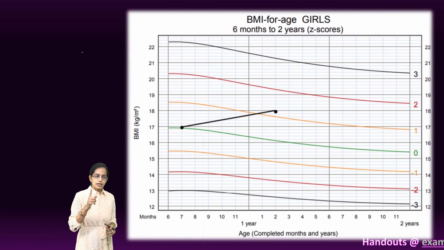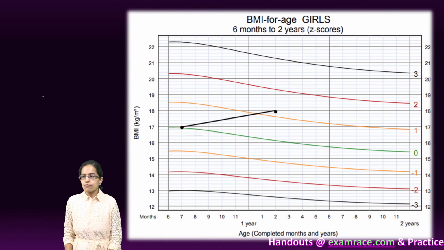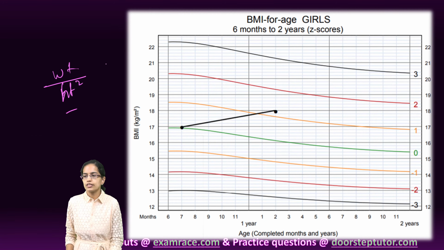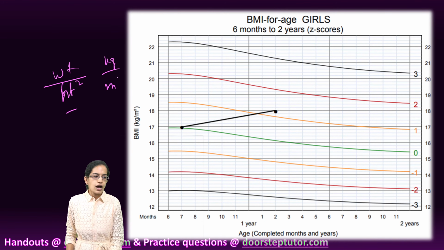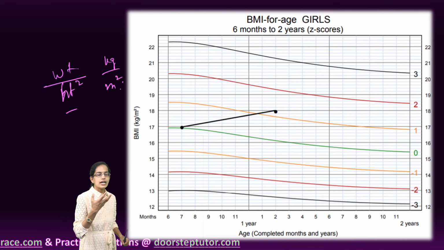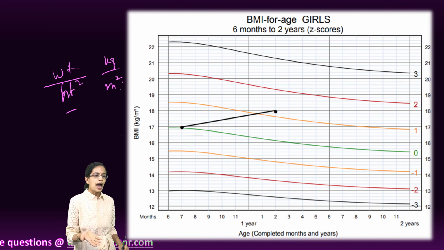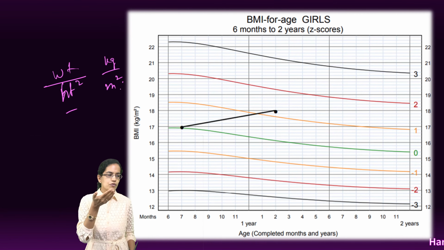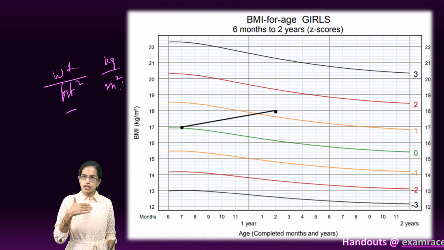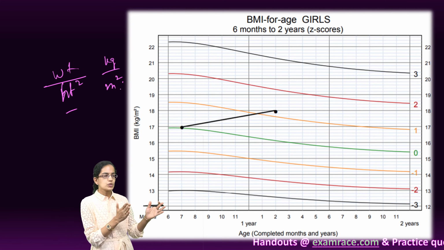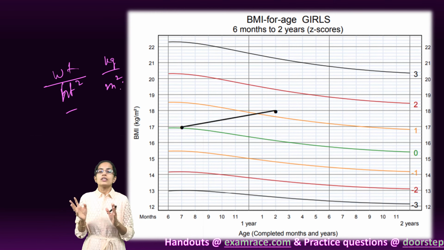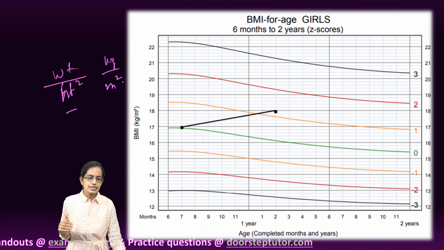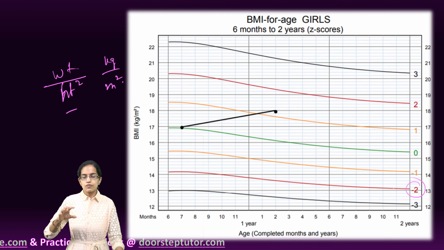Now what is BMI? BMI is nothing but the weight divided by the square of the height. So it is basically kg per meter square. If I say an adult weighs 58 kgs and has a height of 1.7 meters, I can simply say 58 divided by 1.7 into 1.7. So the BMI comes somewhere around 20. Now this is how we calculate BMI. So again, if the BMI is less than -2 for age, so we find out BMI.